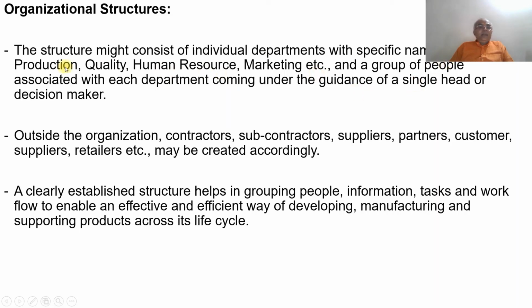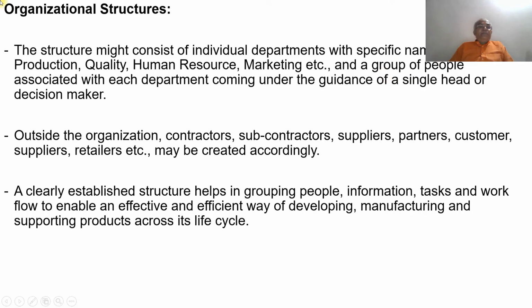So what does it mean? Suppose once you want to do the production of the components or the parts, you can go for production. If you want to check the components, they should go to inspection, so you should have quality. To do all these things, you need people to be employed in the organization. For that, you require human resource. And once you develop the product, you need to market it. That means you want to sell those products in the market or across the globe. So we need to have marketing. These are the main essential organizational structures in the organization.